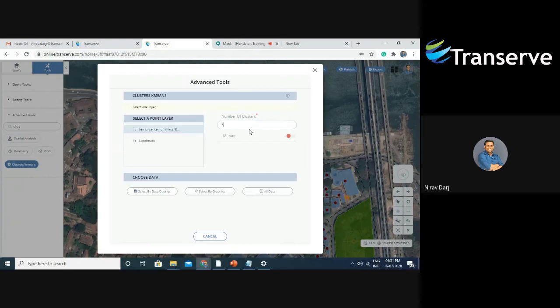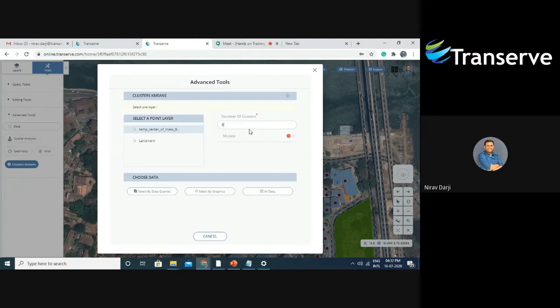On a larger scale, when we talk about district population, and if we have data and a user wants to create clusters based on the range of population, this cluster k-means tool will distribute data into certain classes. Say for example, for the population of each district, the maximum number is 10 lakhs and the minimum number is, say, 3 lakhs.